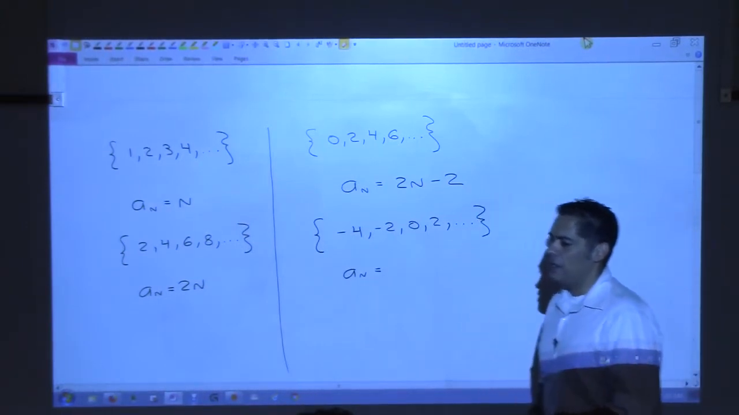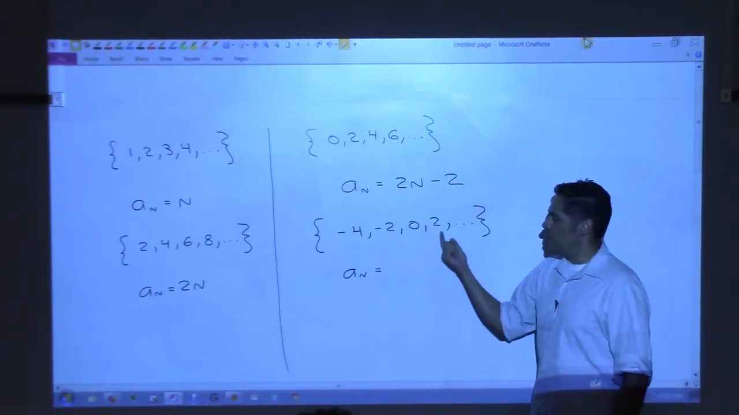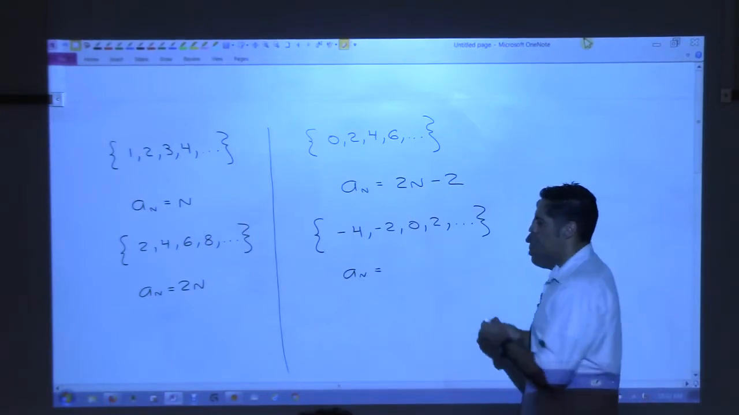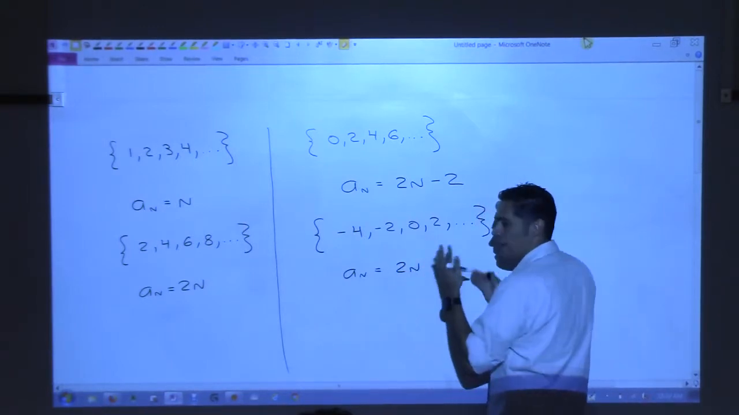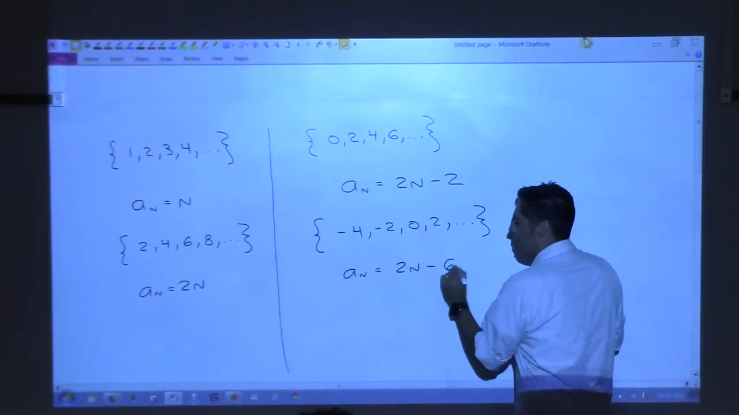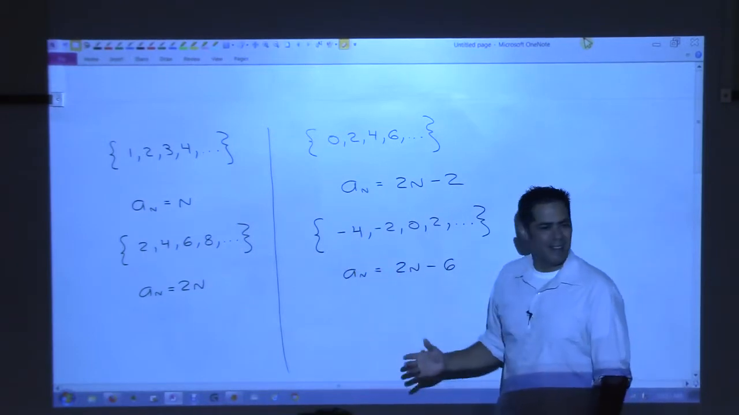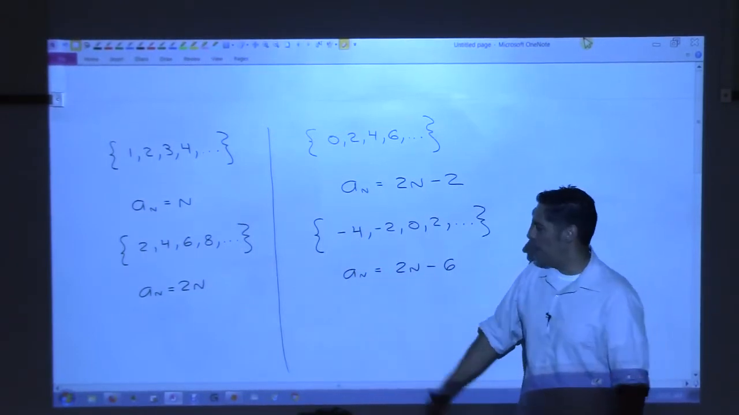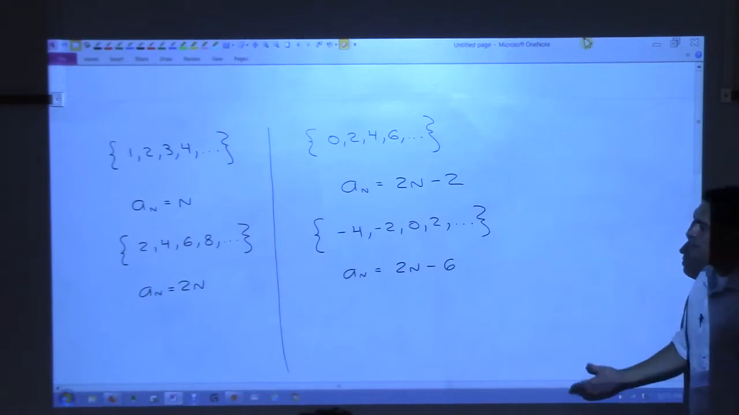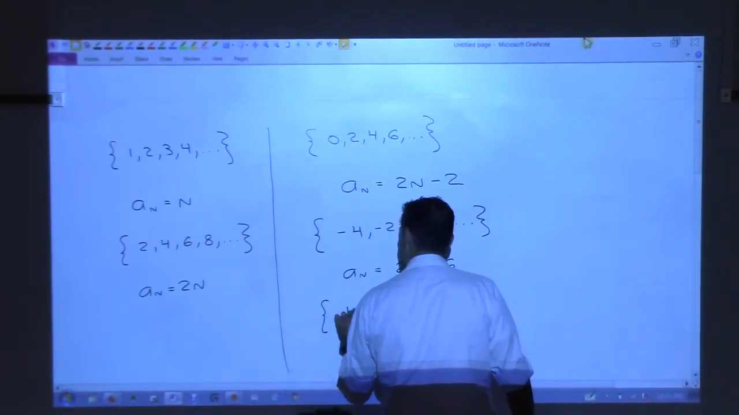Are these all even numbers still? Do they keep jumping by 2 each time? They do, right? So I should still be able to use 2n because that creates even numbers. Minus 6. That will shift you all the way back to where you need to start from. Does this make sense? Okay. So basically, we can do this for any list of even numbers. We could, let's say,